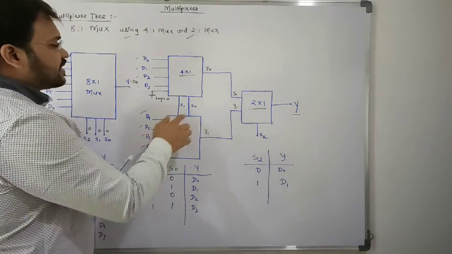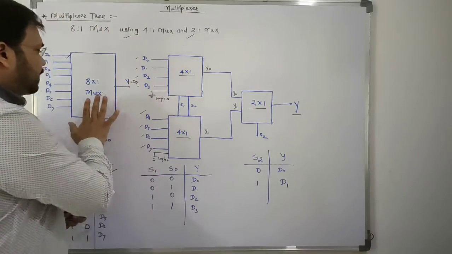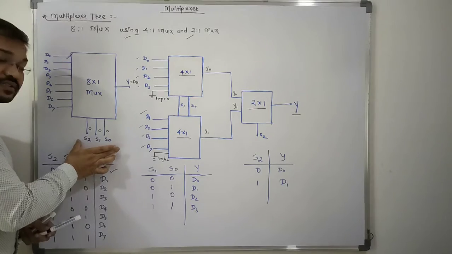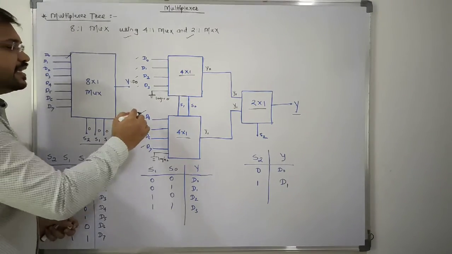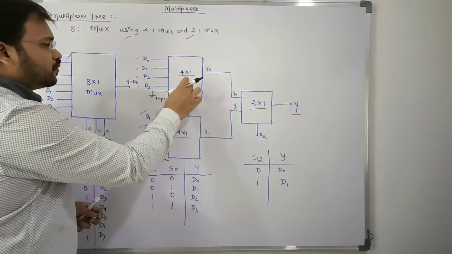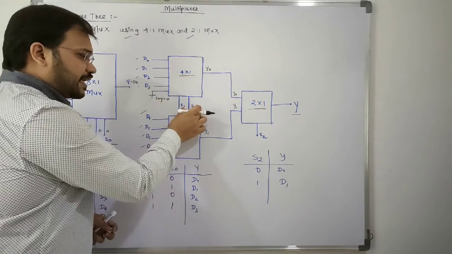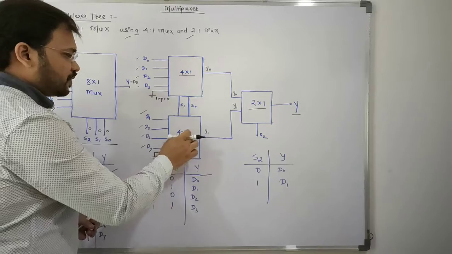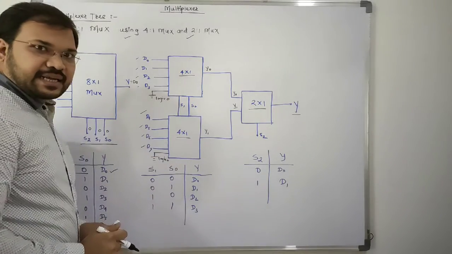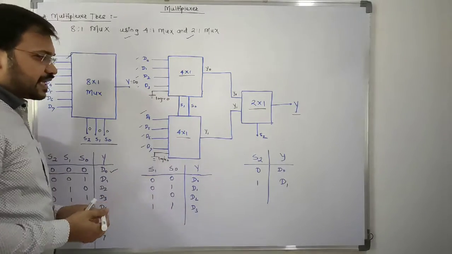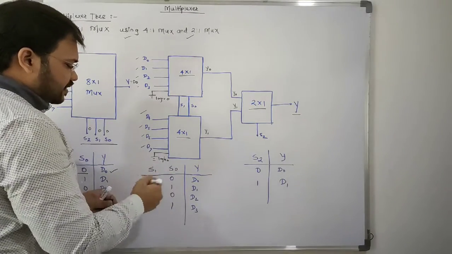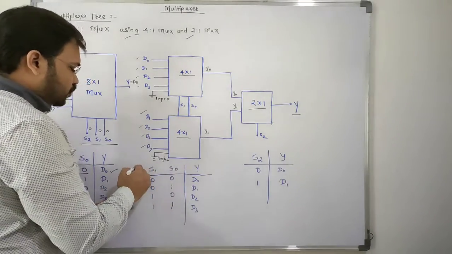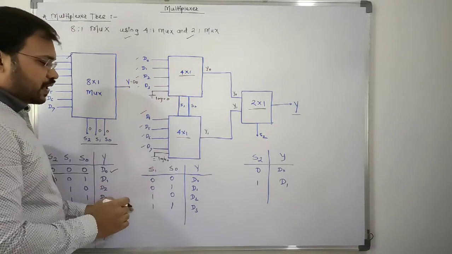So here, as S0 and S1, we know that an 8 is to 1 multiplexer has 3 select lines. In this case, for a 4 is to 1 multiplexer we have 2 select lines, and here also a separate 4 is to 1 has 2 select lines. Yes. So what happens for S1 and S0,